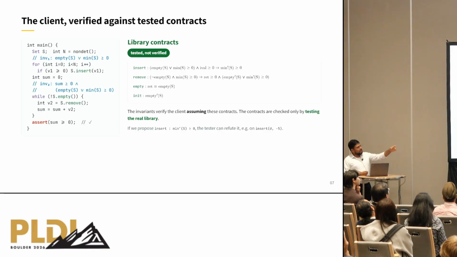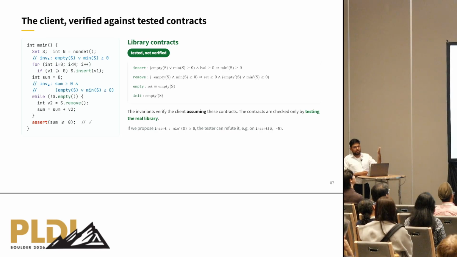Okay, and the loop invariants say exactly what you think they say. The first loop that adds the elements into the set says either I had an empty set, which is the beginning, or I have a set with a non-negative minimum. And the second loop says either I have a set with a non-negative minimum, or at the end the set will be empty. And crucially, these invariants are maintained by the fact that the contracts for insert and remove promise you that after you insert or remove, you continue to get sets with non-negative minimum. And using that, you can prove that the accumulator remains non-negative at the end.